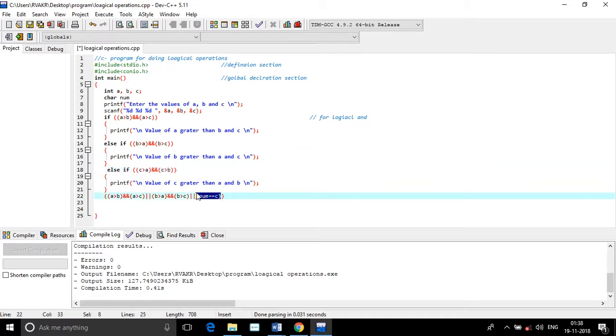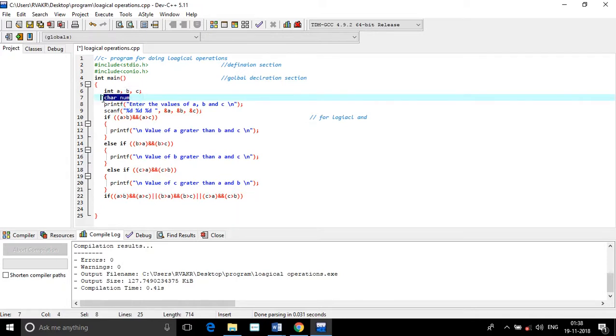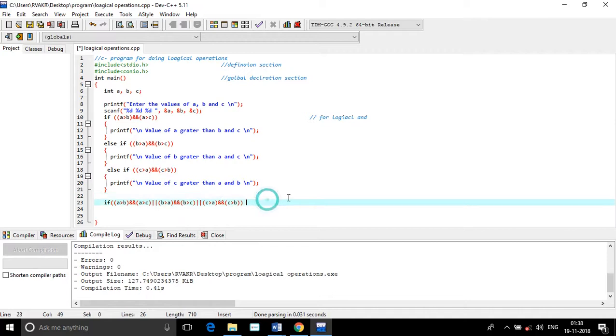So I'm going to take again these three because we have written on these three only. If char is taken then it changes the entire program, so it is very difficult for the user to understand. So this is for